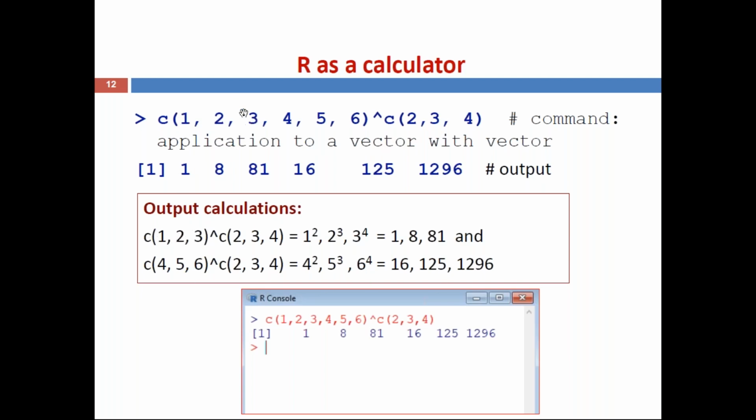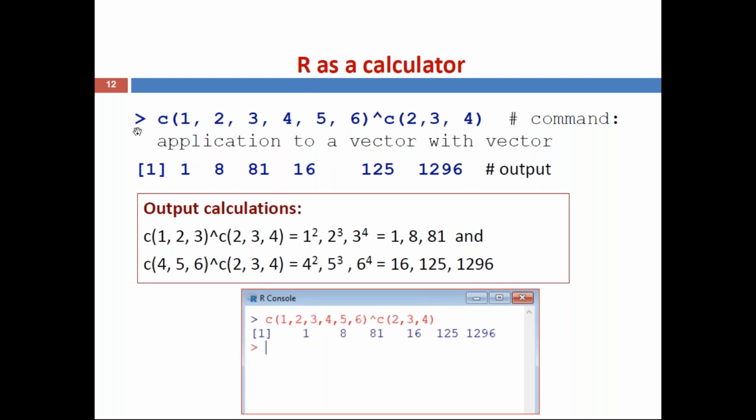First it takes the 1, 2, 3 combination, c(1, 2, 3) with c(2, 3, 4). Then it takes their powers. So here 1 power 2, 2 power 3, 3 power 4. Second group, the remaining 4, 5, 6 with 2, 3, 4: c(4, 5, 6) power c(2, 3, 4). Then 4 power 2, then 5 power 3, 6 power 4. All these results are combined and displayed in the form of a vector. You can see this is the output. So with the 3 combinations, this can be split into two parts of 3 and 3.